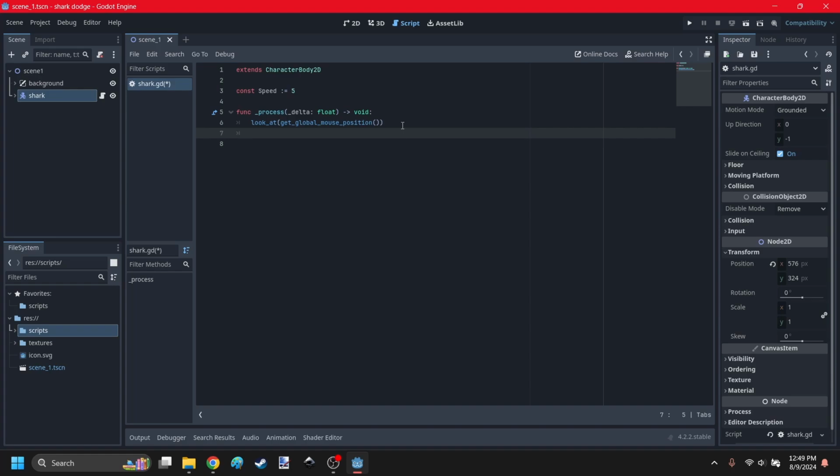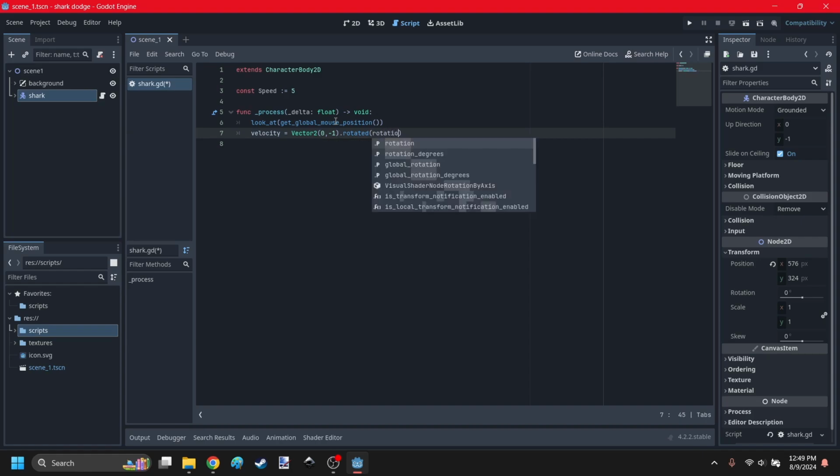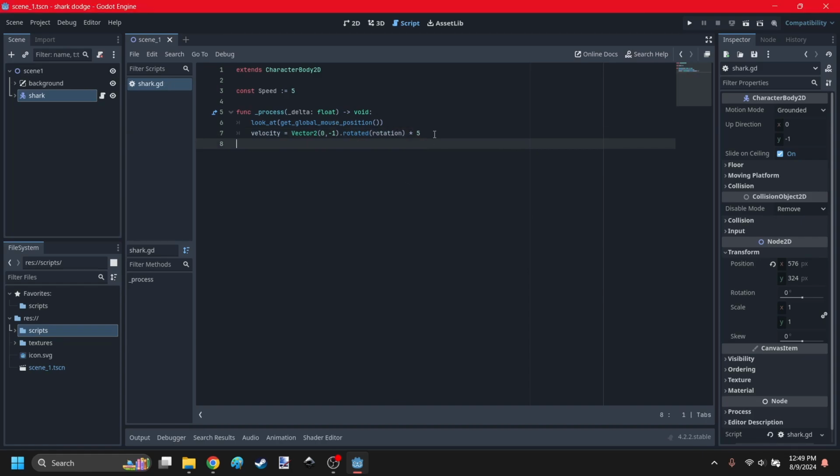Okay, so I'm just going to say velocity equals velocity equals vector2 0 -1 dot rotated rotation times 5. And then now that we have the velocity, we can just move it by saying move and